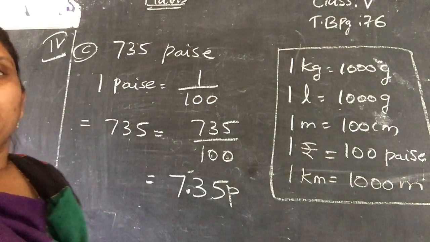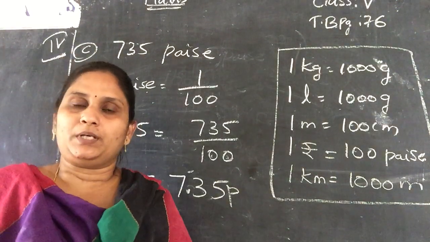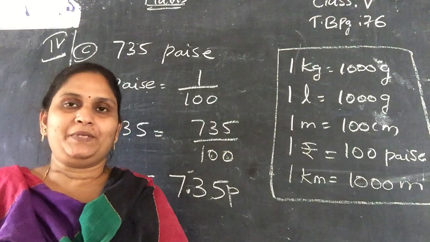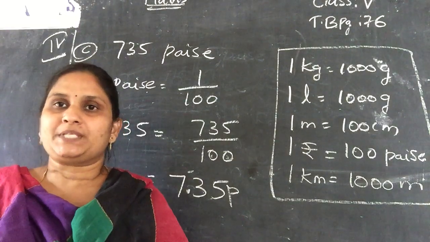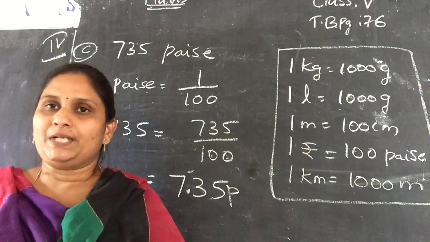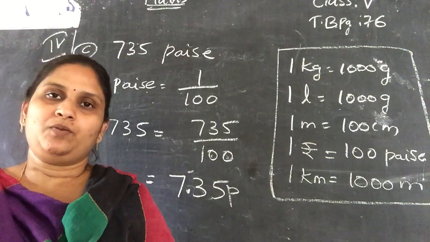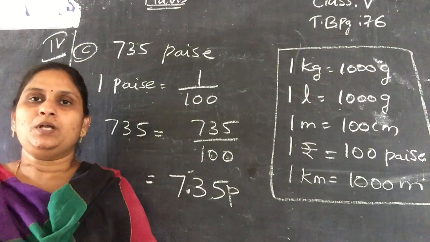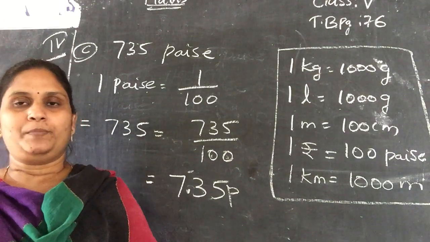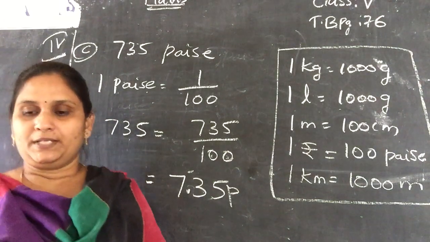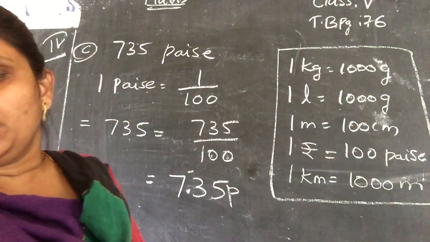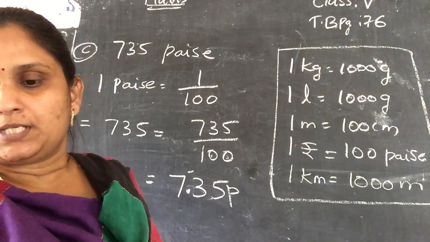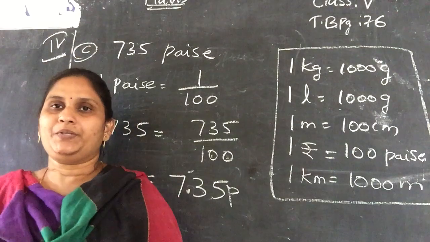Okay, like that, convert all of this into rupees, convert the centimeters, the kilograms, the kilometers and the liters into the decimal form. This table is very important, and if you do the sums in the procedure I told you, you will get the correct answer. So by this we completed our 9th chapter, and in the next class we will continue with the next one.